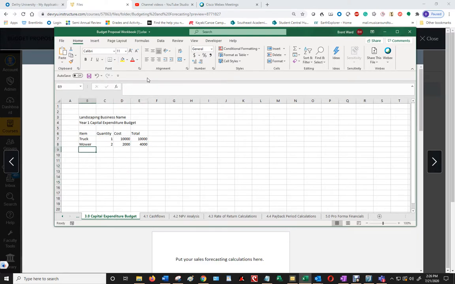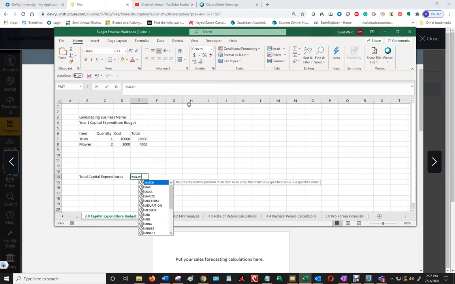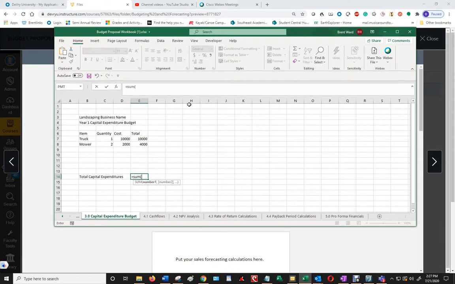So I'm not going to do the thinking. I'm going to let you do the thinking. And then I'll put total capital expenditures here, and that will be the sum of everything. Okay, so it's up to you to finish all these other items. Now once I have that together, the next thing I need to do is I need to put it in